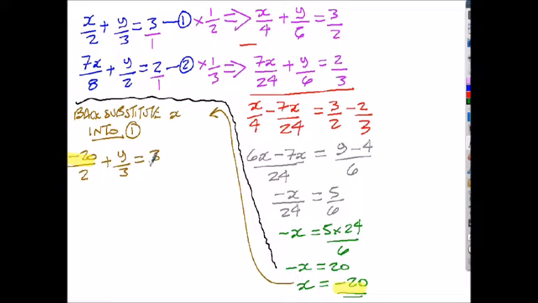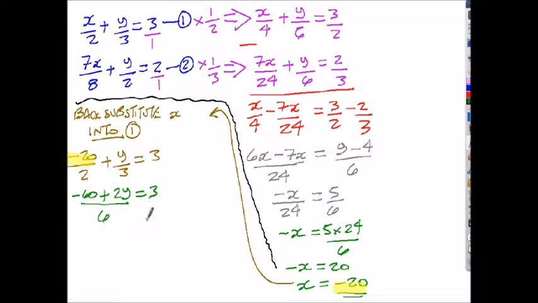If I now look for a common denominator on the left hand side here, that will be 6. So 6 is the common denominator. 2 divides into 6 3 times, so that will become 3 times negative 20 is negative 60. And I add to that 3 divides into 6 twice, that will be plus 2y on the top, and that's